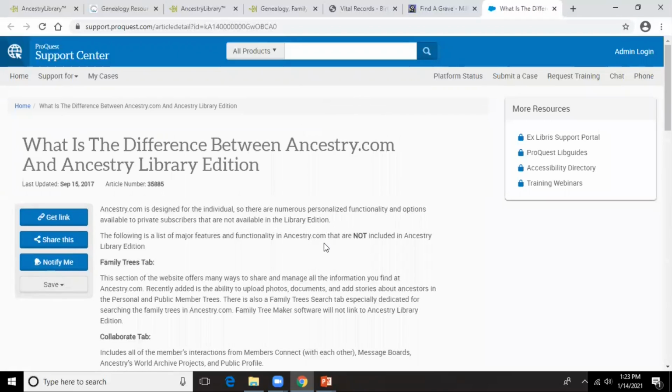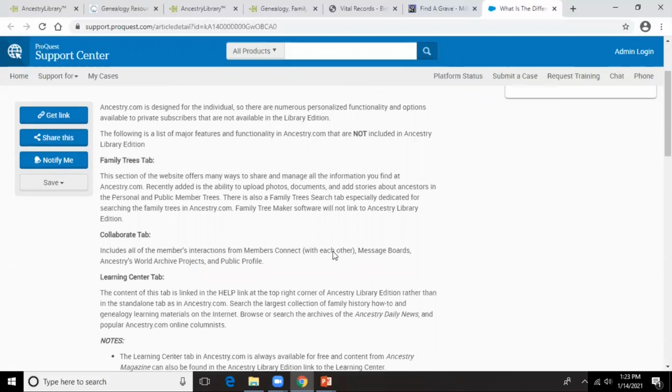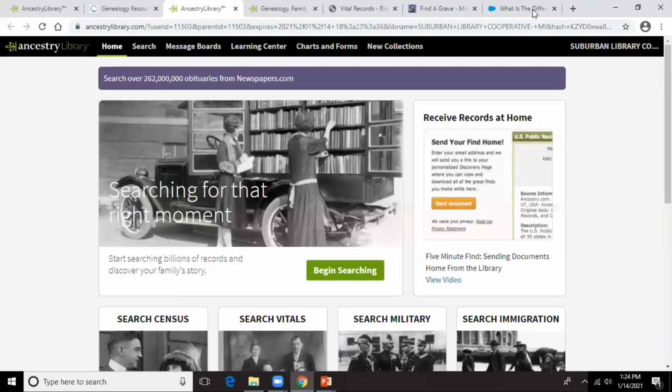This article explains what Ancestry.com has that is not included in Ancestry Library Edition. And it's really talking about the pay membership Ancestry.com rather than the free one. And mostly that difference is the family tree that you can put on. Let's see. Okay. All right, this is